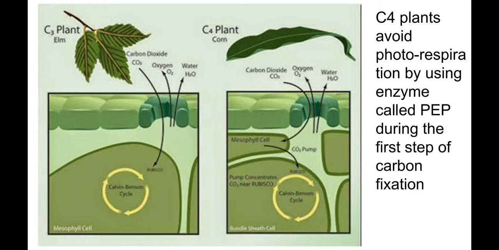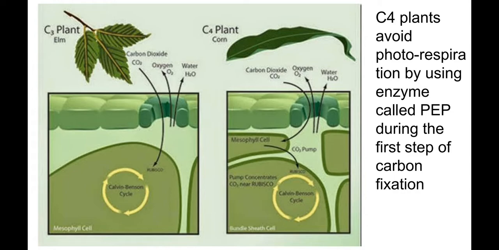So you see here that carbon dioxide gets inside, oxygen gets out, and water can also evaporate. If the day is hot and dry, then we're losing water, but we need the water for the light reactions in photosynthesis. And C4 plants, like corn, use so-called special cells, and they store carbon dioxide as malic acid inside. Because it is stored, it can be